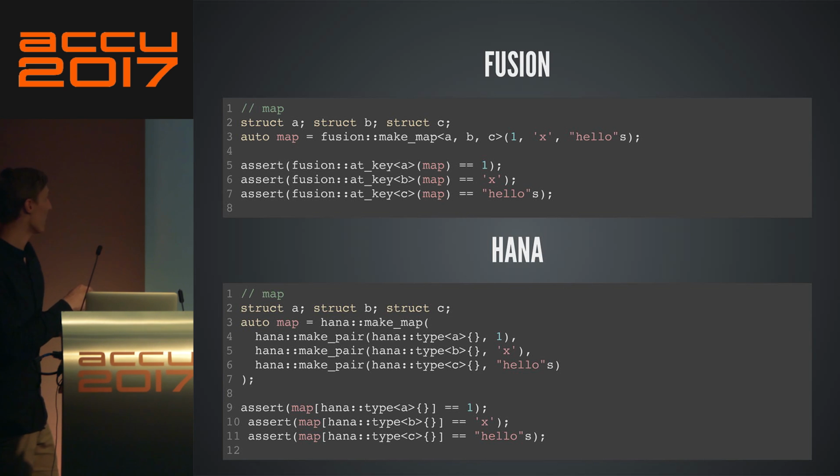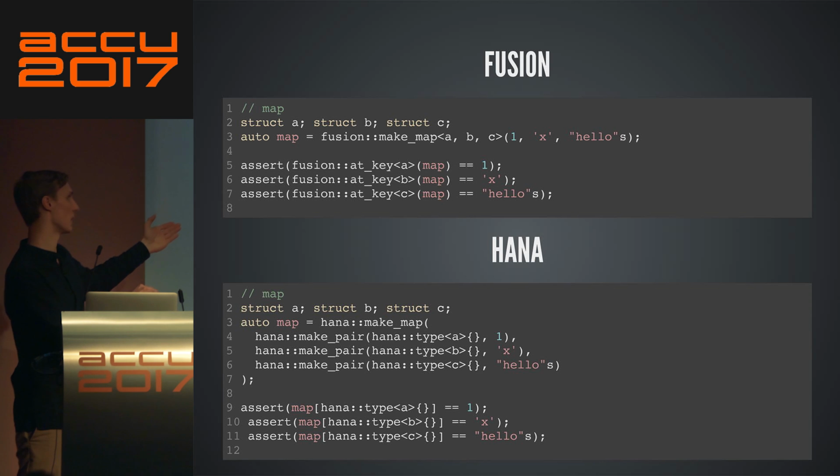And you can also have a map. So in Fusion, you have a map, and the keys are types. In HANA, you can have any type of key, as long as it can be compared at compile time. And so, for example, you can have types here, and the way you do that is you create your map, and then you say, associate type A to 1, type B to X, and so on and so forth.